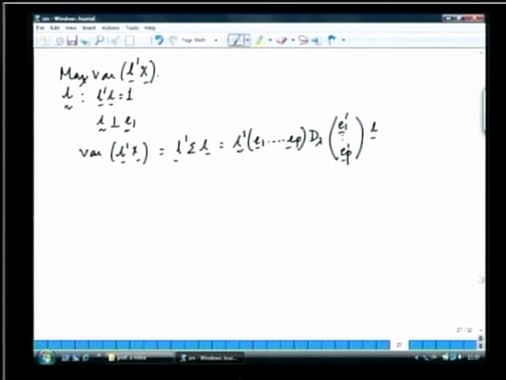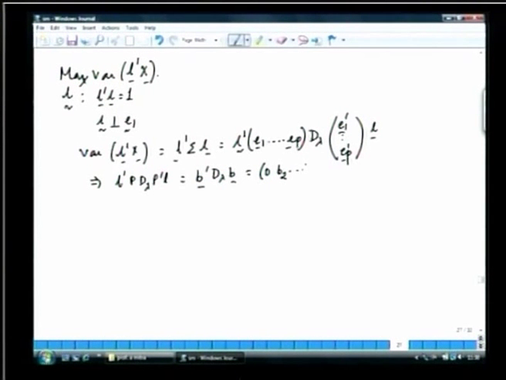This is L transpose. So, this is giving me L transpose P D lambda P prime L. We have earlier seen that this is something like B transpose D lambda B, which is some 0 to B2 to BP we have in place,